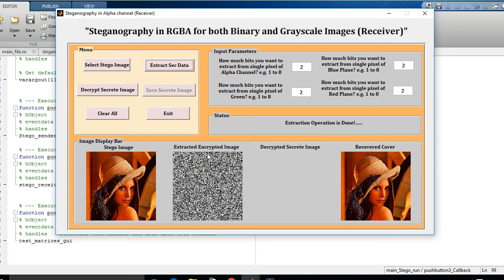Yes. Now this is my extracted encrypted image. Now we are going for decryption. So just click on decrypt secret image. It will decrypt our secret image, and that image will display over this axis. It will take a few seconds to run the process.